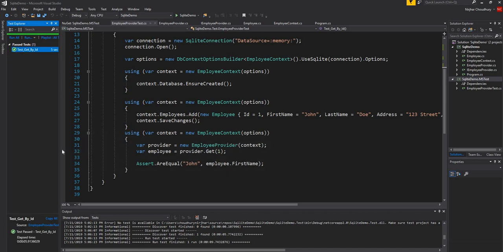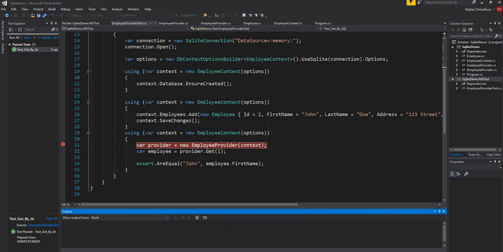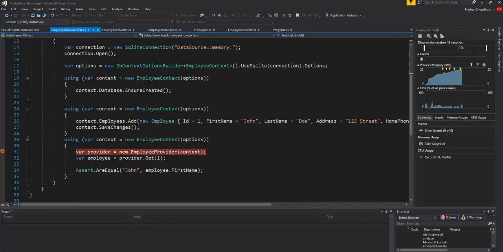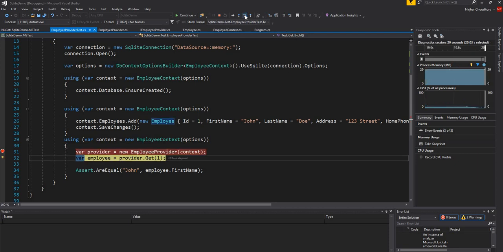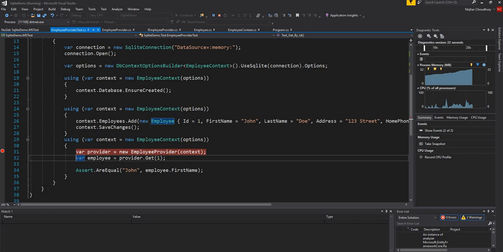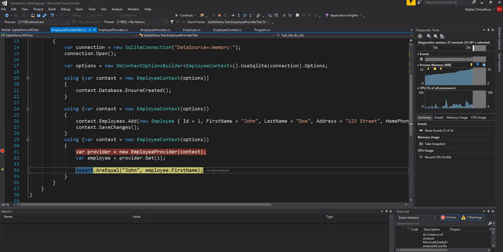If we want, we can just debug through the steps. And here we can see all the data that we added are accessible,